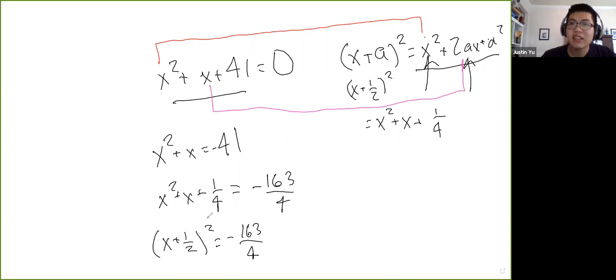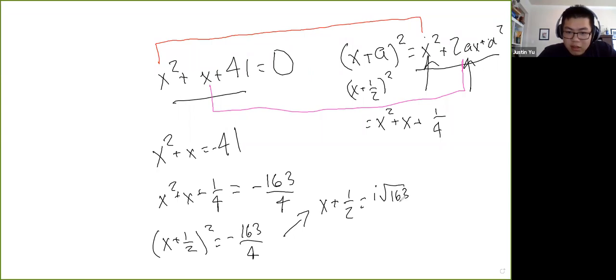All right, I think everybody so far has said take the square root of this operation, and everybody is technically wrong. Square roots don't work well with this. What you do is you think what two values when squared can equal this. So the morally correct way, like taking the square root is a way to think about it, I guess, but I want to be morally correct. So what you should think is x plus 1/2 is going to be equal to i root 163 over 2,